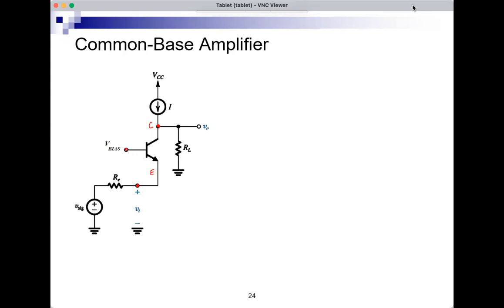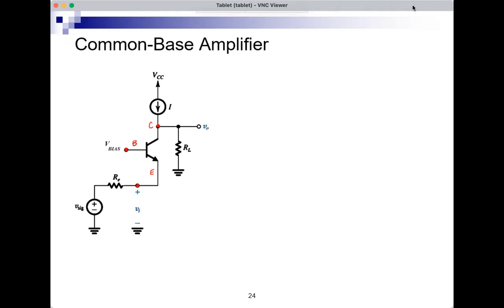The base is here. There's a DC V bias at the base, and there's a current source. The current source and the voltage V bias are biasing the BJT in the active region. We show a load connected, and we're calling the R sig R sub small e, because it's